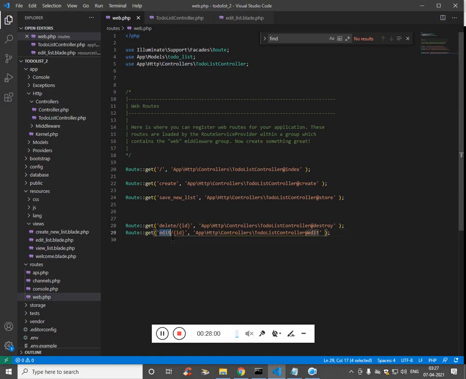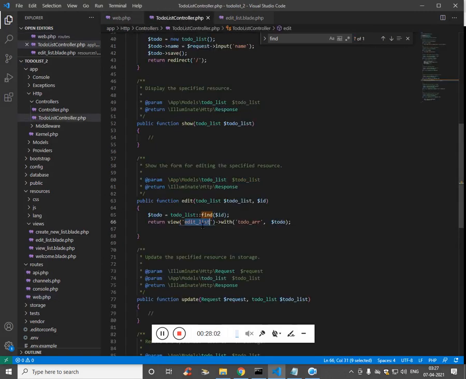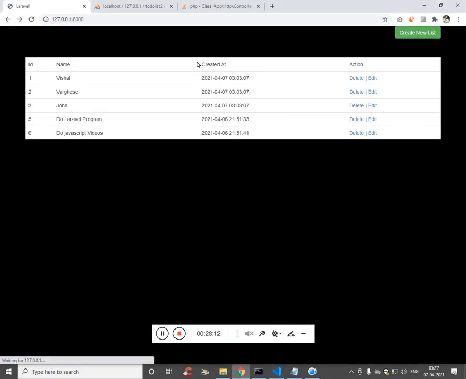When there is a request for edit, it will get into the edit function, and the edit function will fetch the relevant row and pass it to the view. So let's see whether the view is working or not.